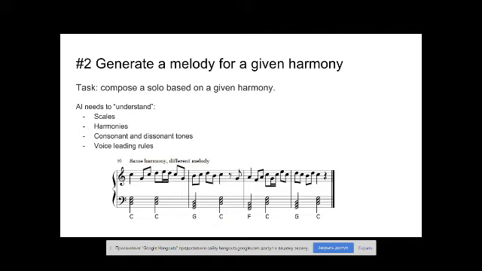But this is a more complex task, of course, because I think if you just apply it in a straightforward way, it would probably be hard to learn for it, and it's better to add some restrictions and somehow teach it how to understand the scales, harmonies, and basically how to lead the voice, how it should sound naturally.